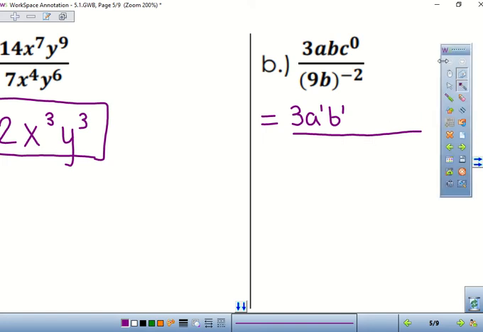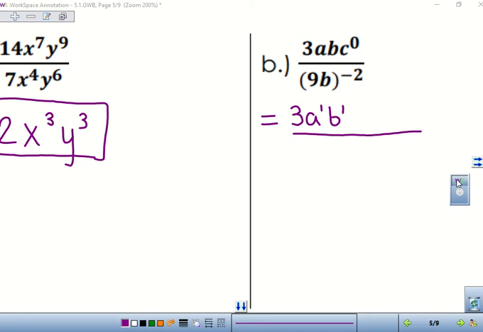Now as for the denominator, we want to get rid of that negative exponent. What should we do with that? Put it up, good. So if you ever want something that's a negative exponent to become positive, if it's in the denominator, you're going to move it to the numerator. If it's in the numerator, you're going to move it to the denominator. You're going to move it opposite of where it is. So this is going to become